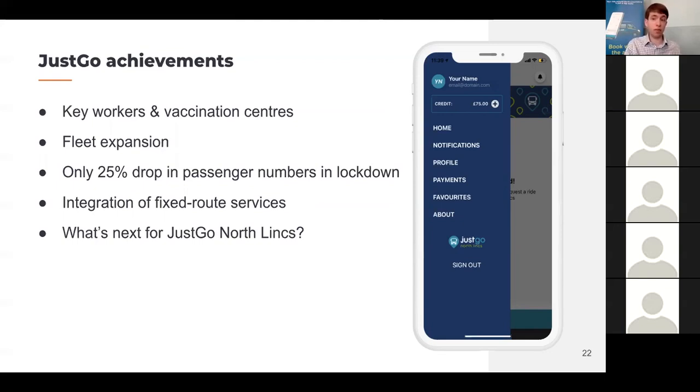So Just Go is a safe and reliable option. It's pre-booked, there's no overcrowding, there's social distancing guaranteed, and there's hand sanitizer available on every bus, as well as our enhanced cleaning. And it was interesting that we only saw a 25% drop in patronage during lockdown, whereas it was up to around 60% in the latest lockdowns, and even higher in the first, which indicates the reliance of the service for key workers and essential journeys. And the fact it didn't reduce operating hours or number of vehicles helps people feel a little bit safer on a smaller pre-booked bus with fewer passengers on board.